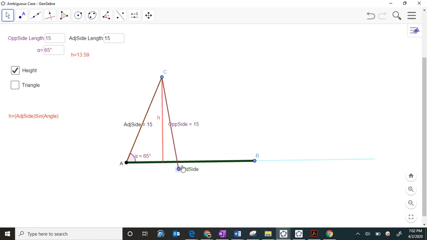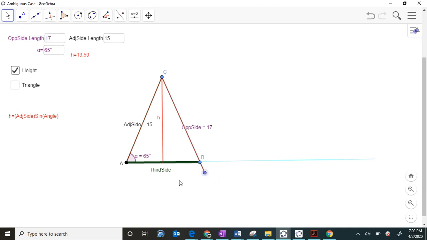I could also go on the opposite side and notice how with this green line I am forming a triangle. And so this forms a triangle right there, and that's the triangle that we're looking at. So in this case, when the adjacent side and the opposite side are equivalent, we form an isosceles triangle. Okay, so now what if I continue with this and say that this here is bigger than 15? So if it's bigger than 15, let's say 17,